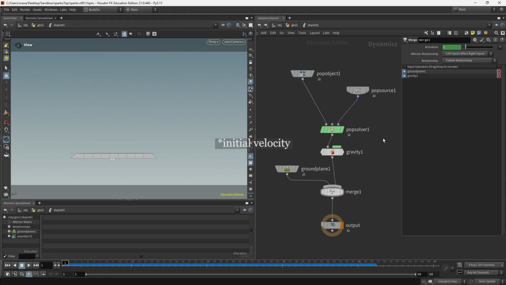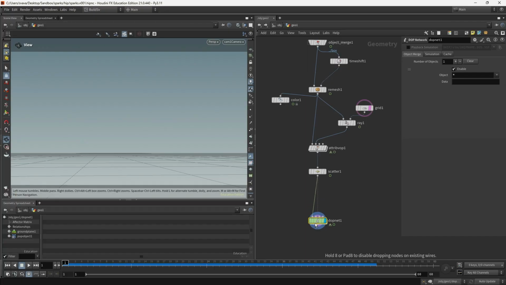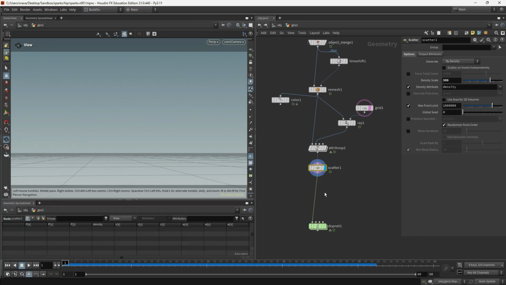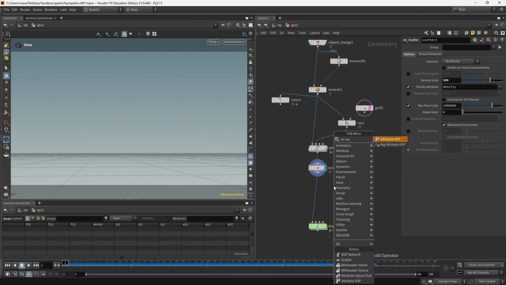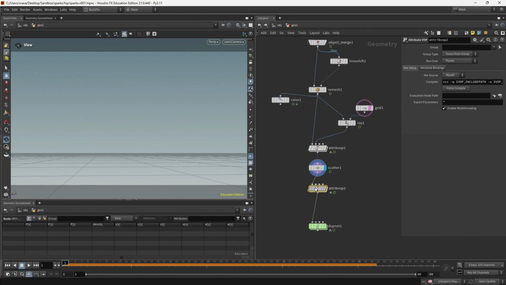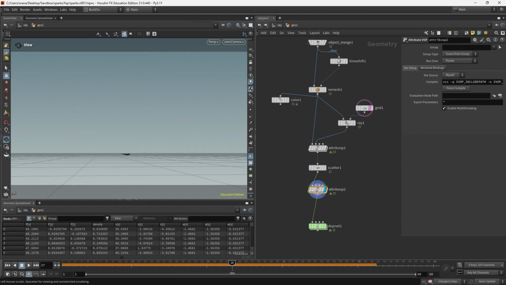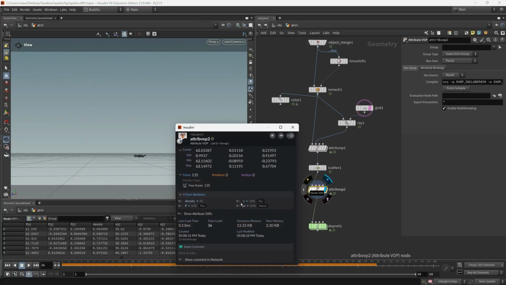I want to work on the velocity of these points first. So I'm going to go upstairs and do that before we enter the simulation. So it's the initial velocity, the initial push that then slowly is going to wear off throughout the simulation. So I'm going to put down an attribute wrangle and find a good frame. And then to visualize the velocities, I'm going to open the info card and toggle the V attribute.